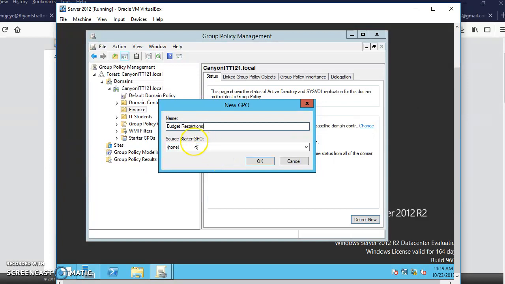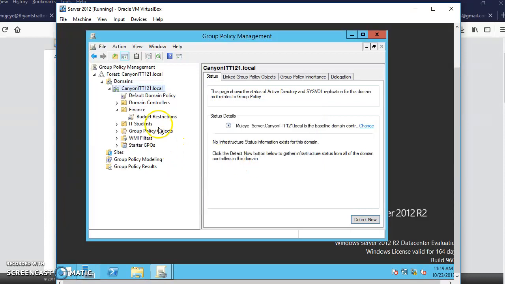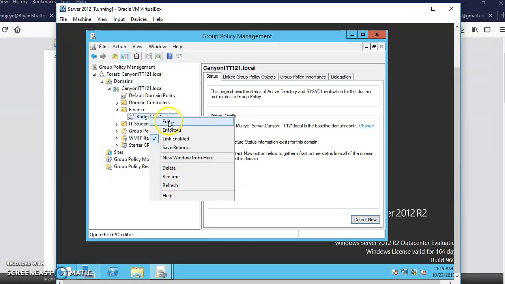Okay, you can create it from a source starter, more like templates. You can use some templates to start with, or you can simply click none. Now notice there is the budget restriction group policy. I've simply added it, and I have not edited it in any way. And if I were to right click and then go to edit,